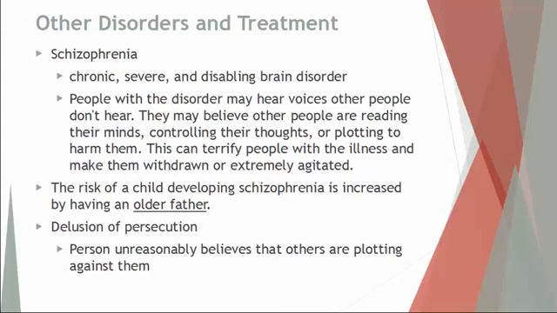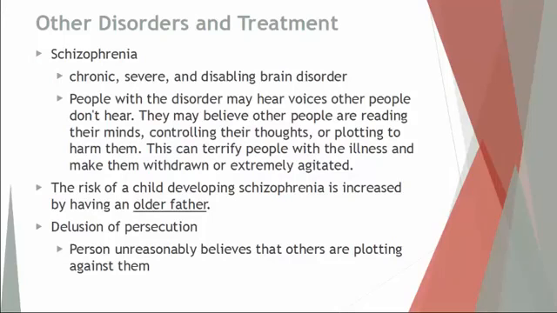Okay, next we'll talk about schizophrenia. This is a very severe, very chronic, very disabling brain disorder. This covers a wide range of symptoms. People who have schizophrenia tend to think that people are trying to control their minds, people are trying to read their minds, they hear voices that no one else can hear. People are trying to plot against them. They become very, very paranoid, very agitated. Because of that, they tend to be withdrawn, because they don't know who to trust and who not to trust, because they hear things that aren't there. They think things that aren't true. So it's a very, very disabling disorder.